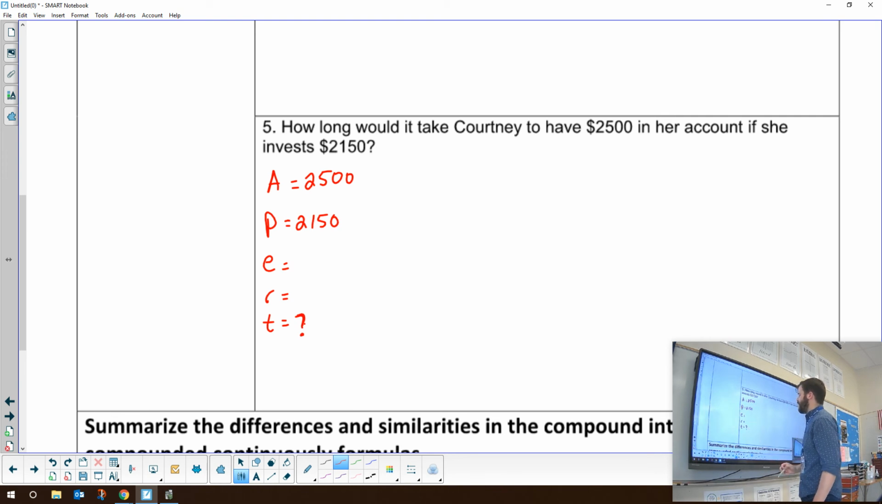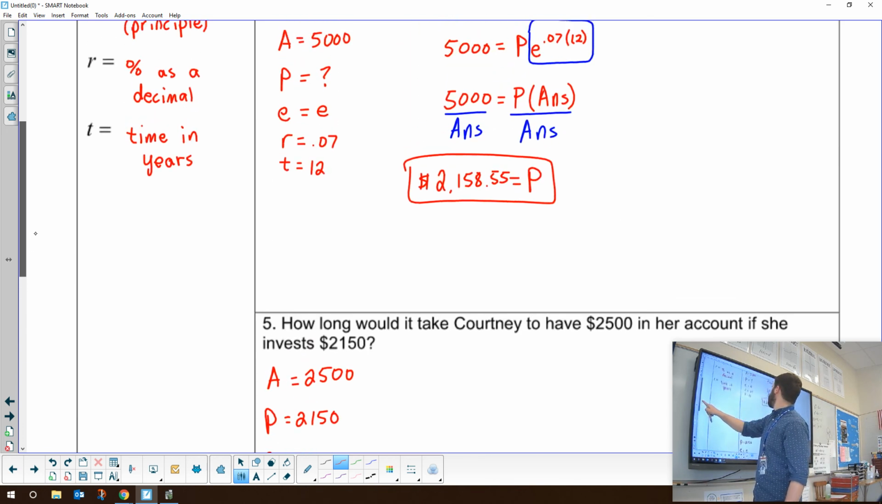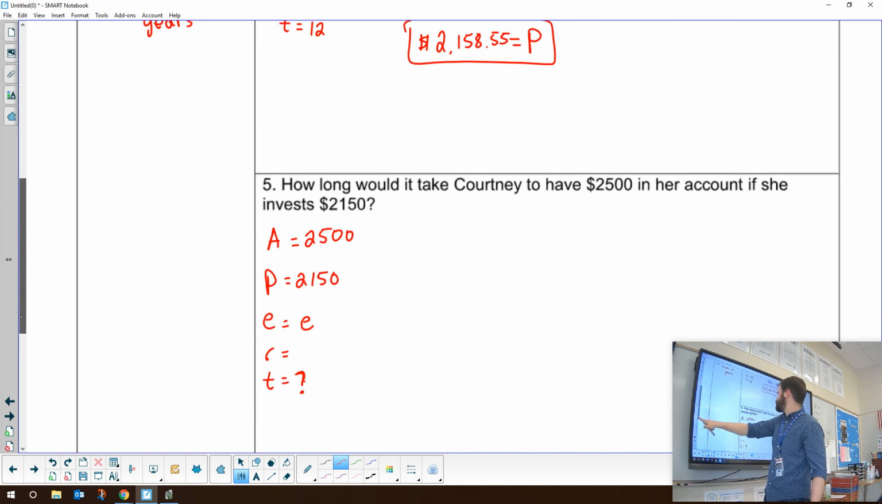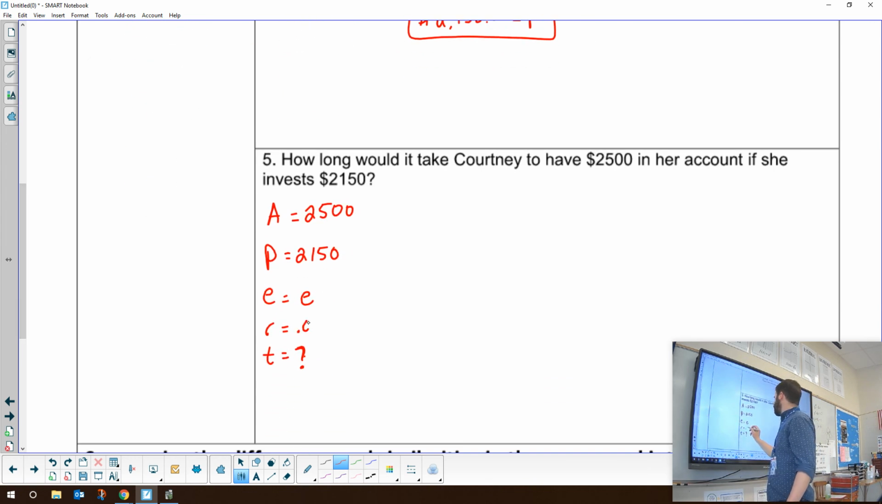the time. Now, how do I know my E? Well, we know it's the same type of problem because our problem up here was compounding continuously. And then what about my rate? Well, it shows me that my rate here is 0.07. Those don't change. We're still thinking about that same account. Okay? So now we can write out my equation. I can go 2,500 equals my principal, which is 2,150, times e to the power of my rate, which is